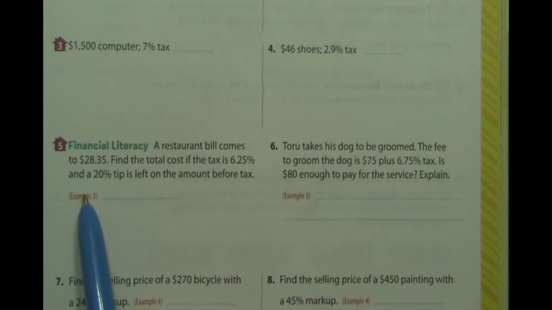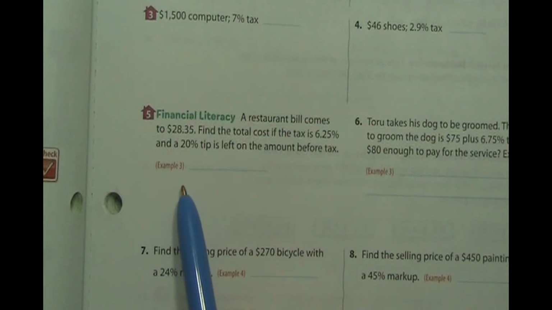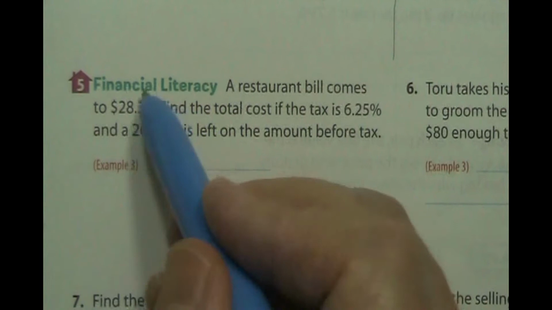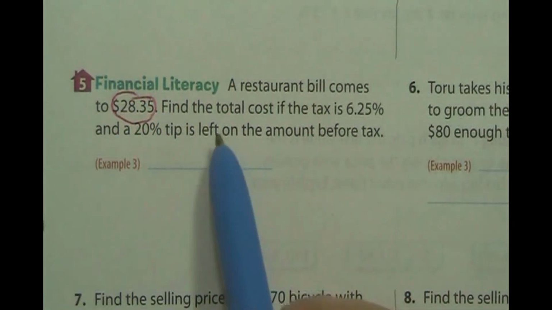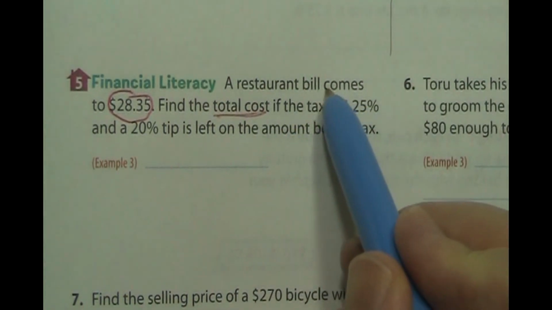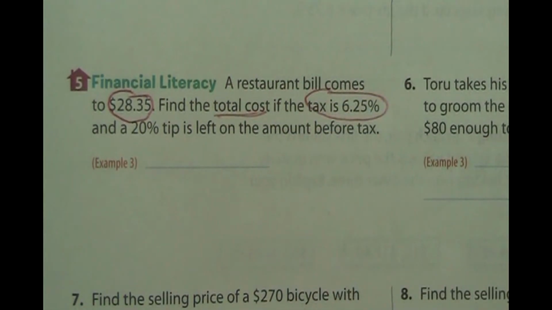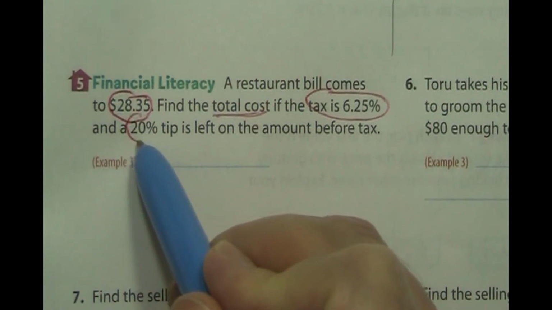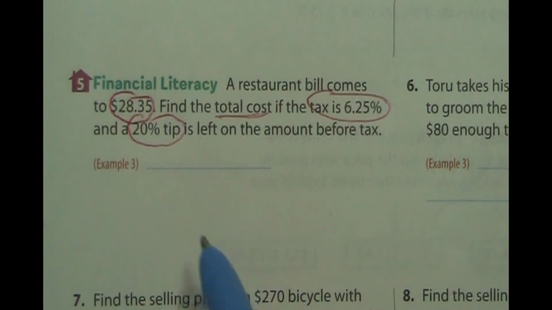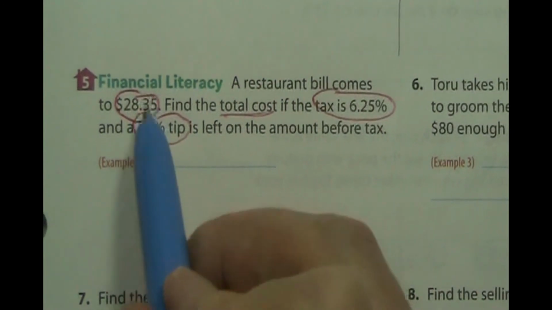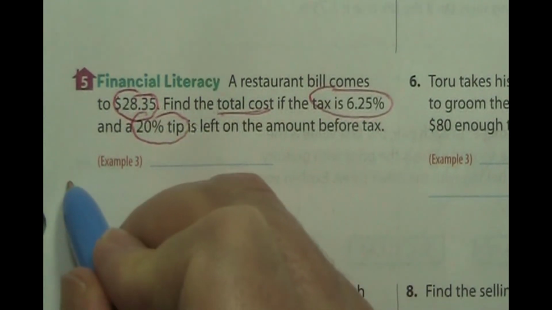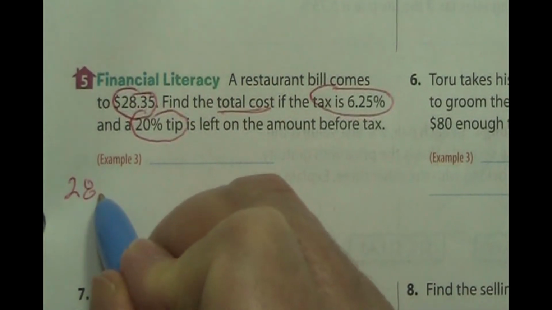I'll set up number 5 with you. And it basically says a restaurant bill comes to, there's a total. Find the total cost. We want to figure out the total cost. If it has this tax, and you want to give a tip. Okay, so what is the total cost going to be? Well, it's $28.35. $28.35